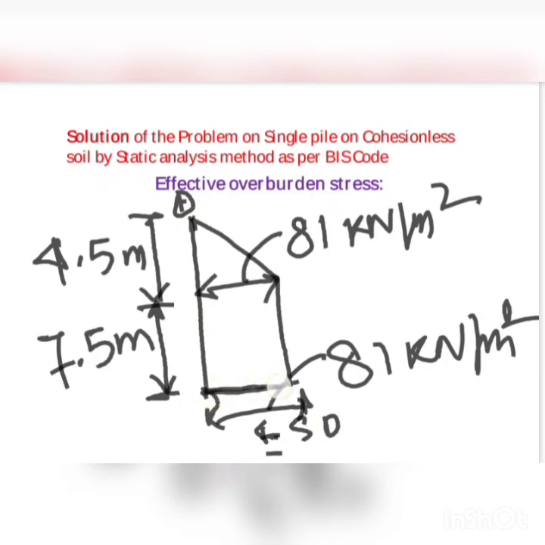So at this portion, it is 81 kilonewton per meter square. So at the tip of the pile, that is required for the end bearing portion, we have the effective overburden stress as 81 kilonewton per meter square. But for the skin resistance, you have to remember, we have to divide it into two parts. One is 4.5 meter, where it is varying from 0 to 81, so we have to take the average of it. Whereas in this portion, it is constant at 81 kilonewton per meter square. So in the skin friction part, we have to calculate it differently and then add to each other. Okay, so we'll come to that later on.